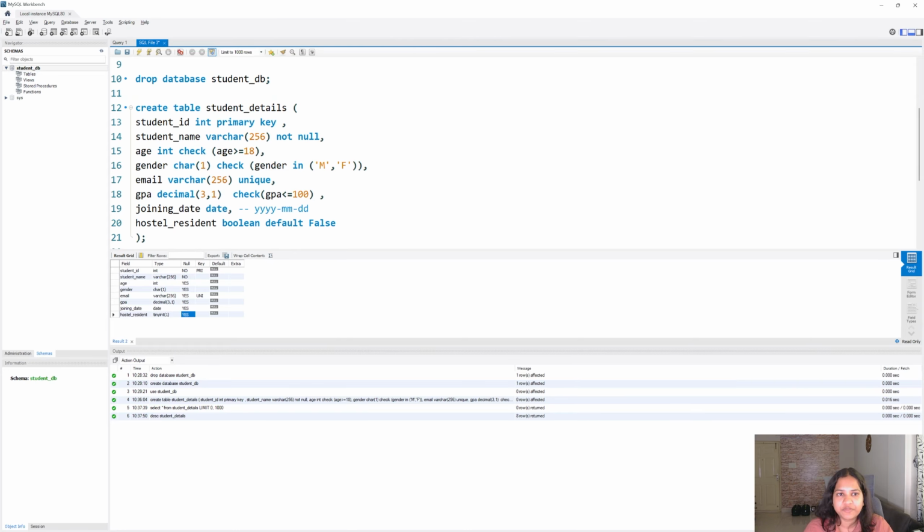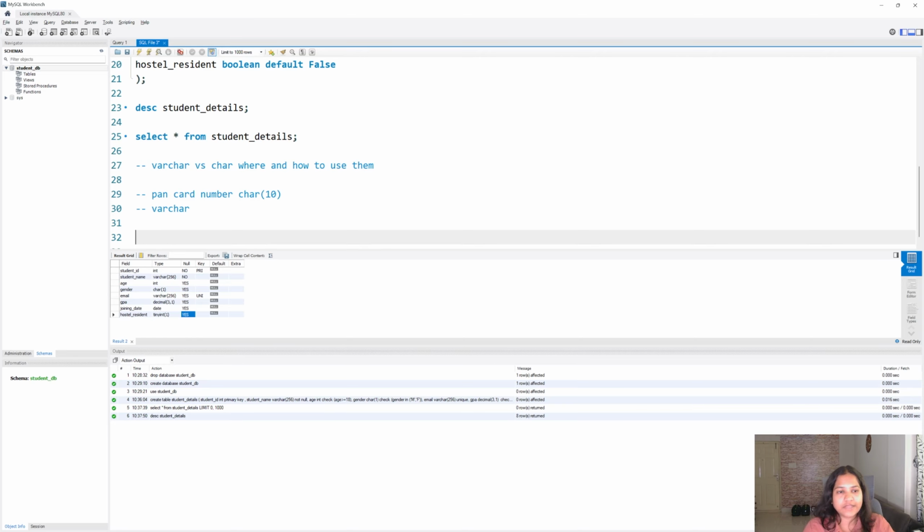And also the difference between primary key and unique, that was also asked in one interview. So please make sure you take a note of these two. Maintain separate notes where you write all of these questions and refer to them before an interview. Okay, now as I told, we'll try to insert the records in this table. So let's see.